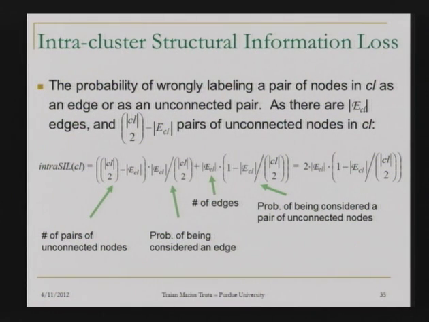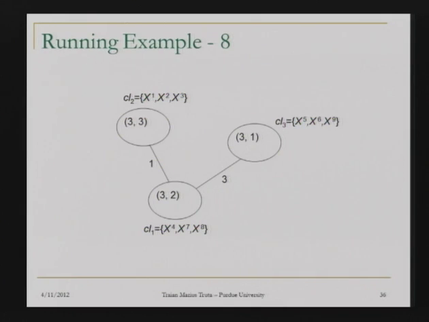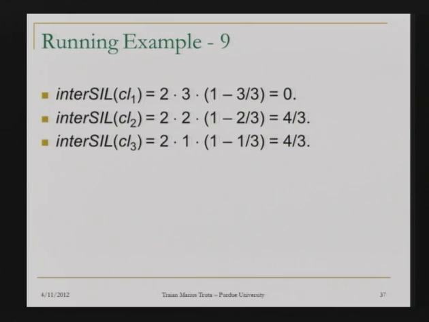And finally, we come up with a formula that unites it: the number of pairs of unconnected nodes times the probability of being considered an edge, plus the number of edges times the probability of being considered an unconnected pair. And this is the final formula. Now, come up with the numbers here, and you will see that they make sense if you understand, in general, what this measure wants to say. We have 3 nodes now. We are talking about information loss in each individual cluster. For the first one, which is CL1, the bottom one here, we have 3, 2. The formula there,